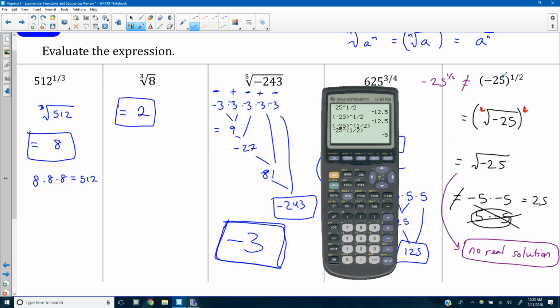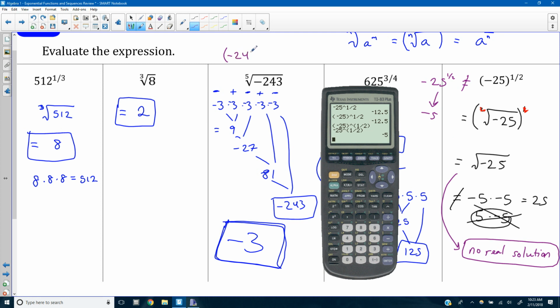Parentheses make the difference in everything here, because what this one does is it takes 25 to the 1/2 power, which is 5. And then it takes the opposite of that. This guy is negative 5. That does have an answer. This one does not. That's why I said for this problem right here, when I was writing out that negative